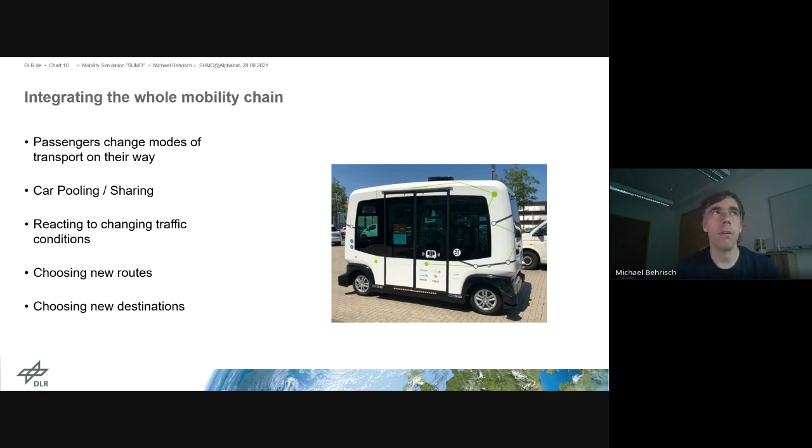That's still an active area of research, I would say, because many existing mobility providers don't share their solutions. We have models in SUMO already which do this, but our approach here